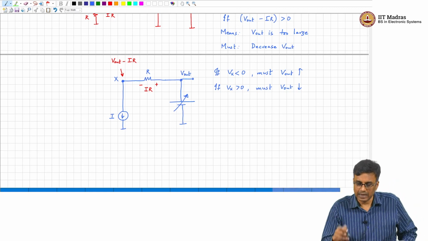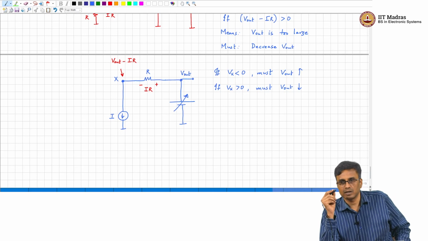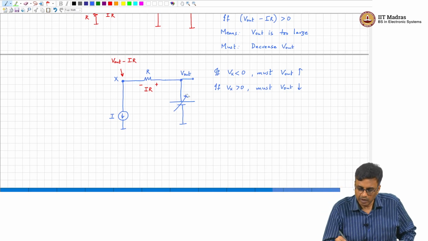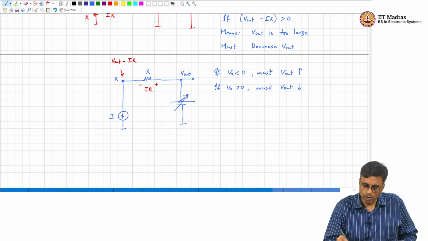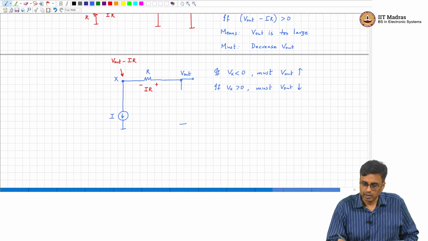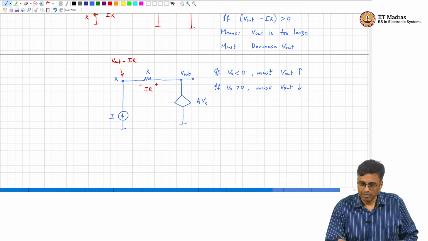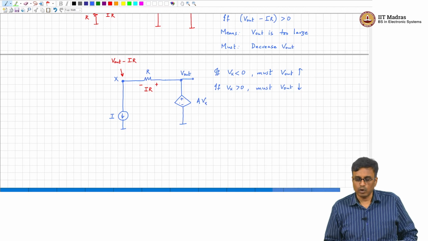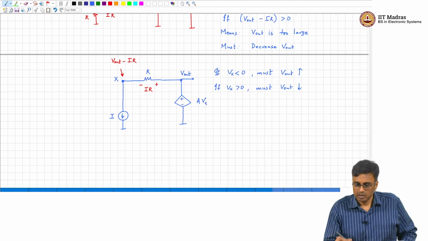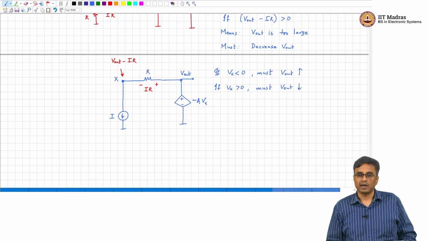So, what must be the gain of that voltage controlled voltage source? This voltage must be A times V x, and if A is positive, then you must put minus A times V x,